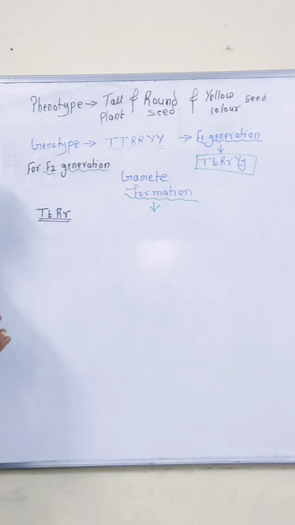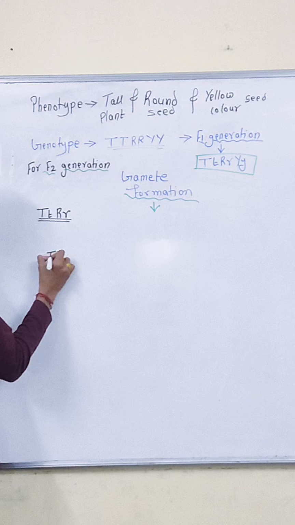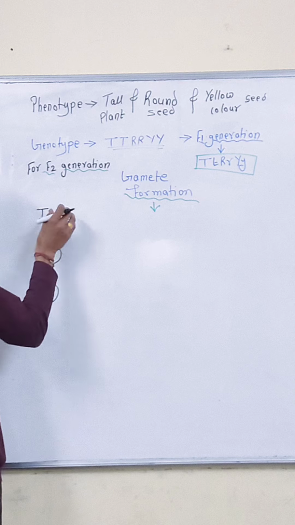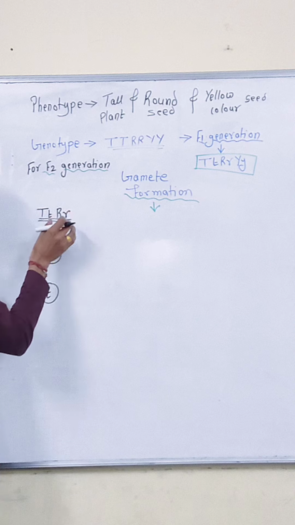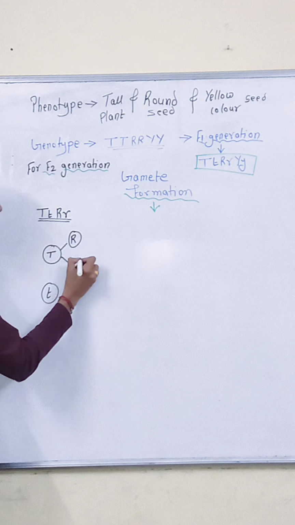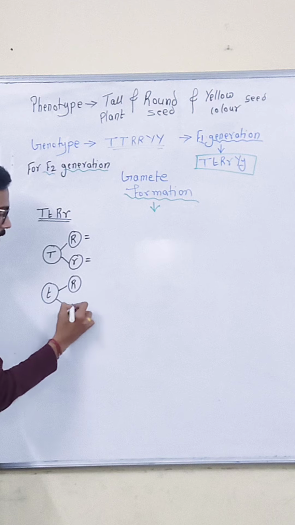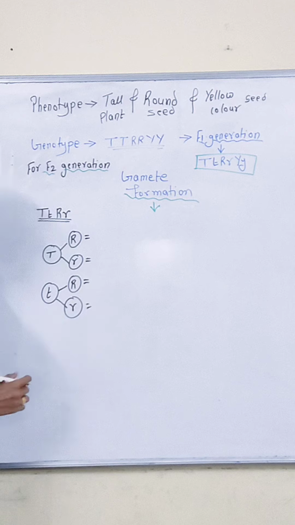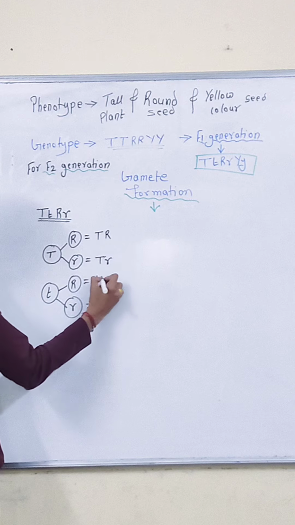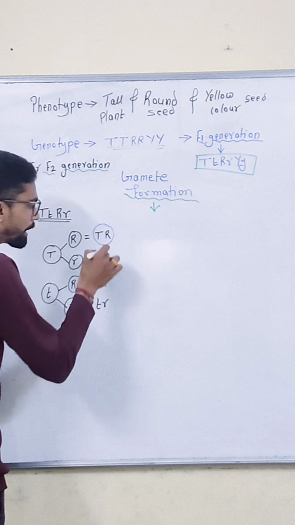So if you want to find gametes of this dihybrid, what you need to do first, see here, let's take capital T and small t first, then capital R and small r is crossed, or you can say multiplied with these two. So if you multiply a capital R with this one and a small r with this one, you will get two gametes, right? And if you cross this one with capital R and this one with small r, again you will get two gametes. So this one is capital T capital R, capital T small r, small t capital R, and then small t small r. So these are the four gametes you can get